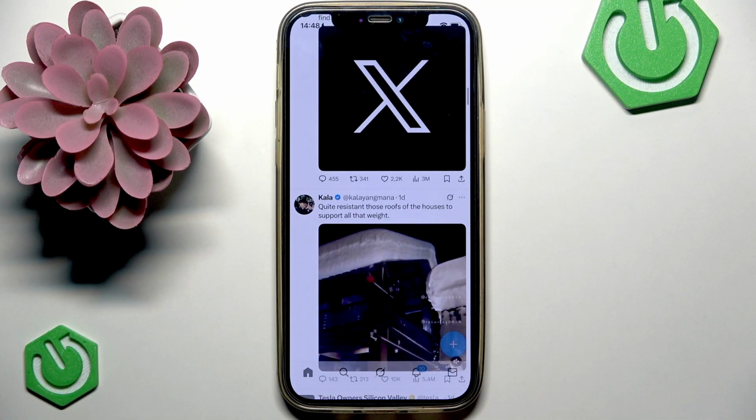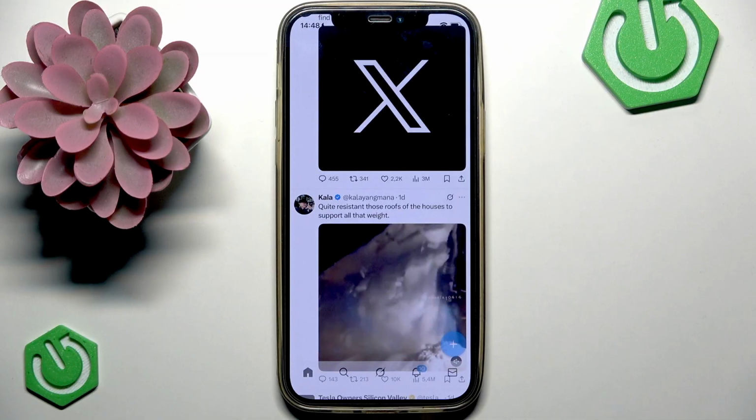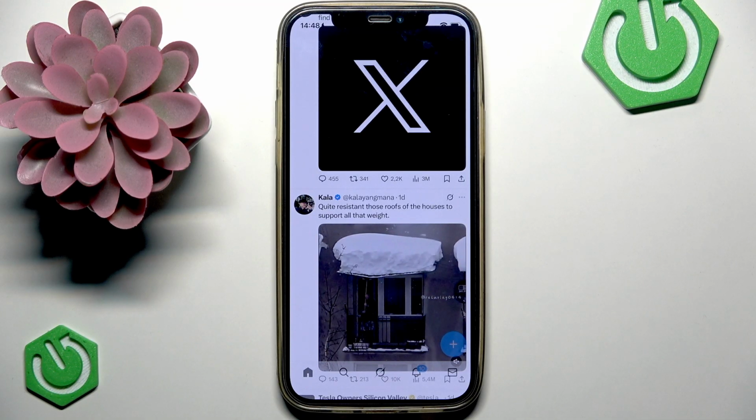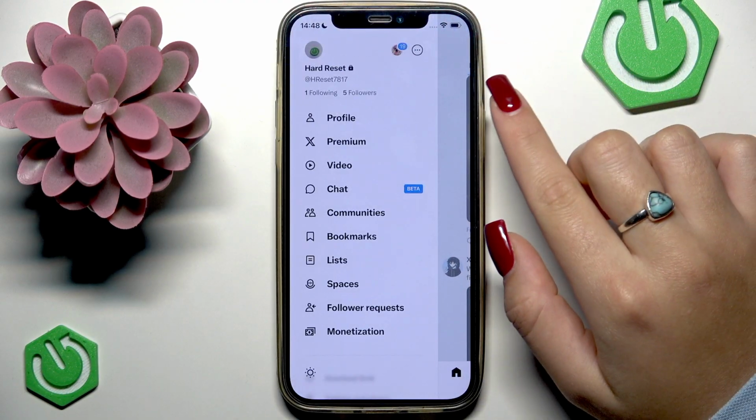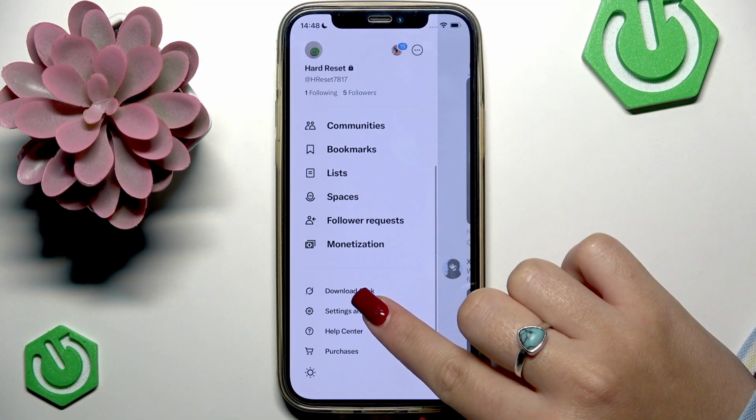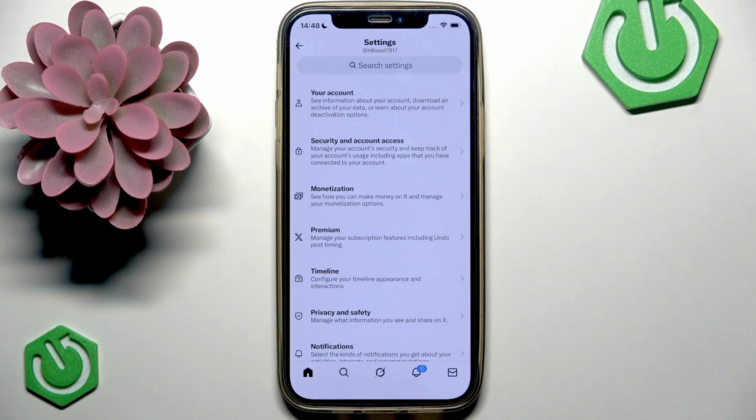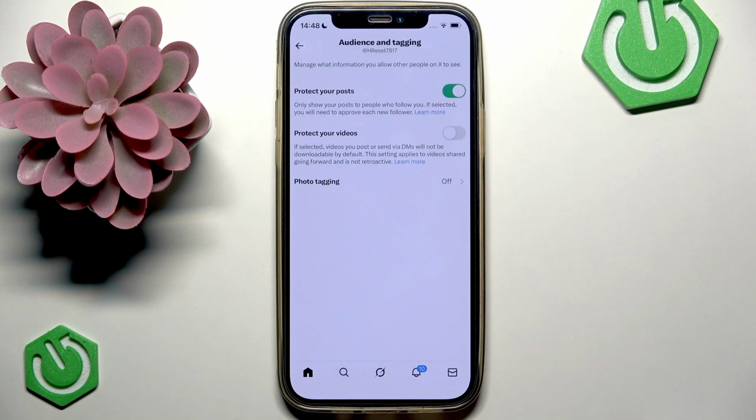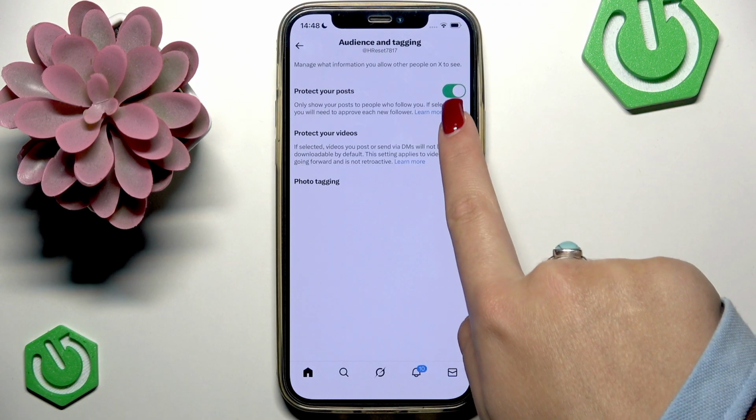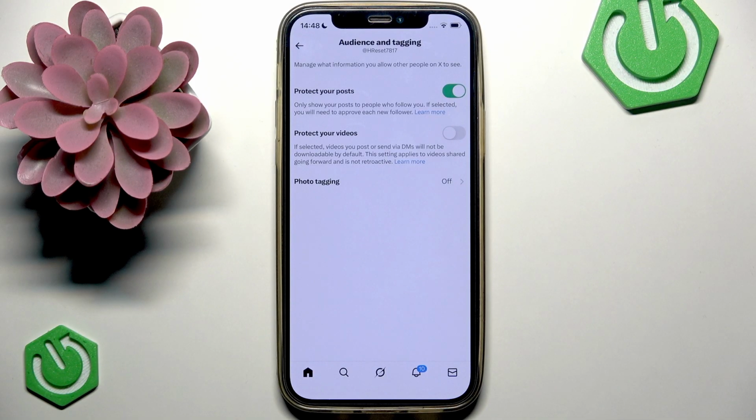And here are the steps to make your account private, so that non-follower people do not see your follower and following lists. So let's go to the profile picture in the top left corner of the screen, and then you have to scroll down to settings and privacy. Now find the section that's called privacy and safety, and now go to audience and tagging, and at the very top of the screen you should see this option, protect your posts, and that's basically the privacy of your account. So you have to enable this option, and this way